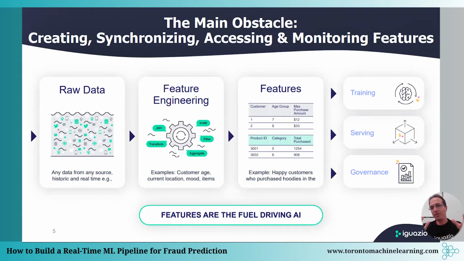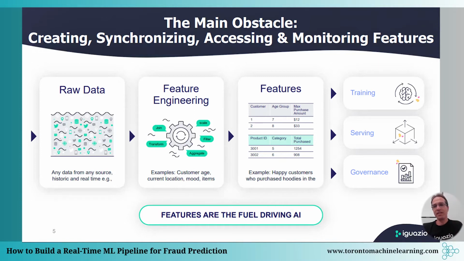Now, if you think about the hardest part of building those types of pipelines, it's mainly around the data. You have data that resides in different data sources. You may have the data in your database or in your object store. At the end of the day, you have a raw set of data, and you need to take that raw data and create features out of it. Those features could be sliding window aggregations, or all kinds of complex transformations that you may need to create. You may need to join different data sets and filter the data.